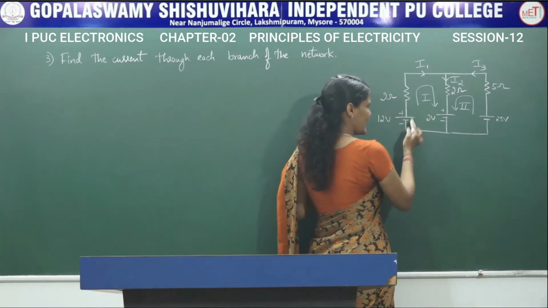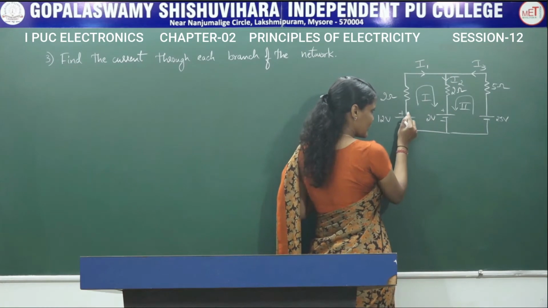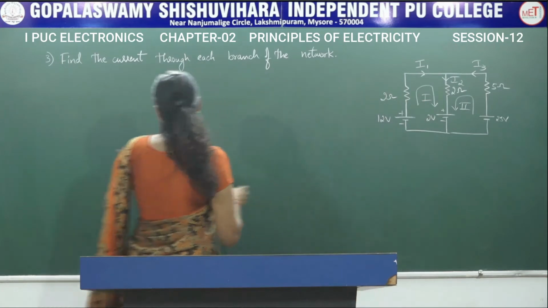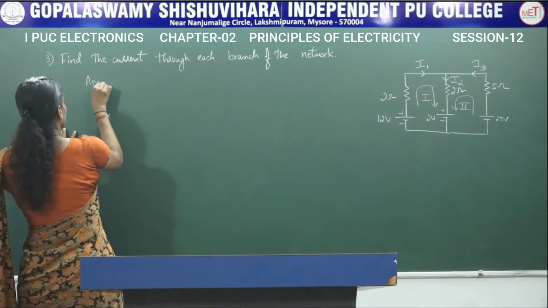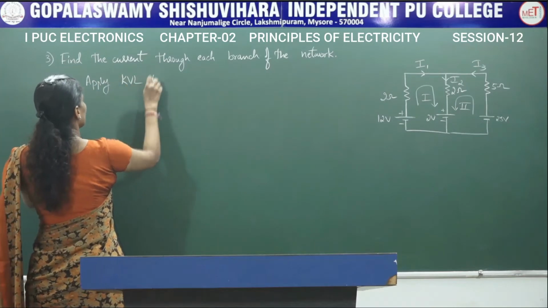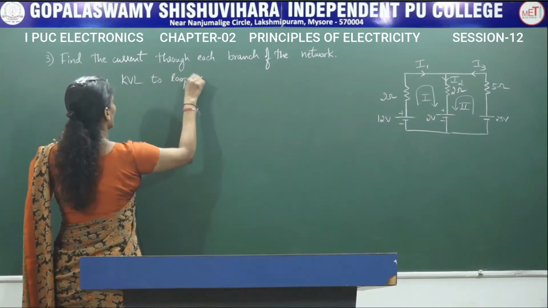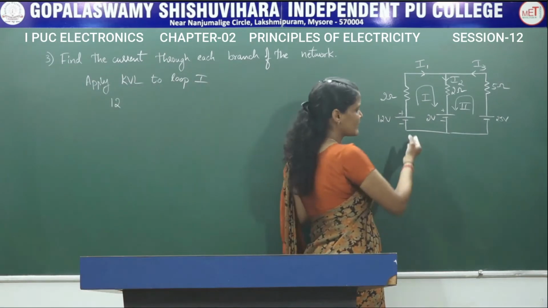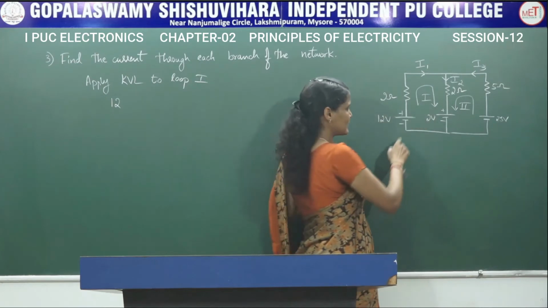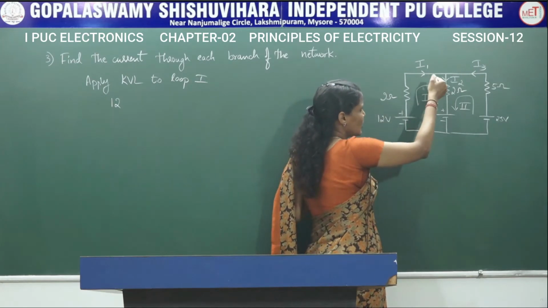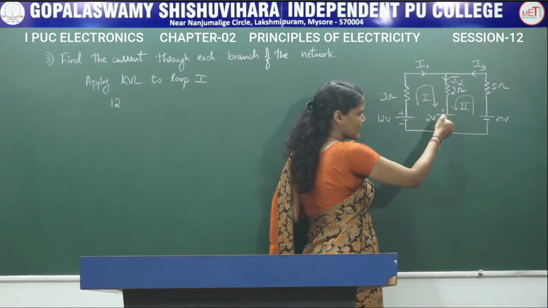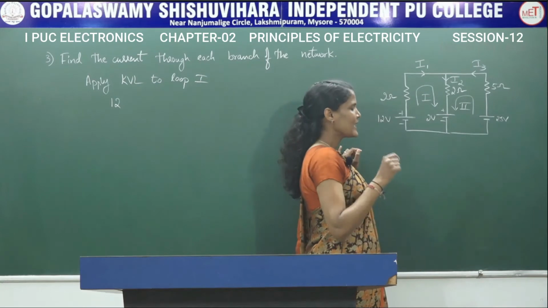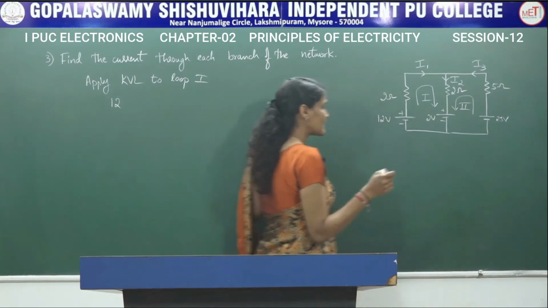The loop current is flowing in this direction, that is from the negative polarity of the battery to the positive polarity of the battery. So the sign convention for this is positive. So apply KVL to loop 1. Since it is the algebraic sum of EMFs, I have to consider the EMFs now. Now the loop current is flowing from the positive terminal of the battery to the negative terminal of the battery. Since it flows in this direction, we have to consider a negative sign for the EMF.